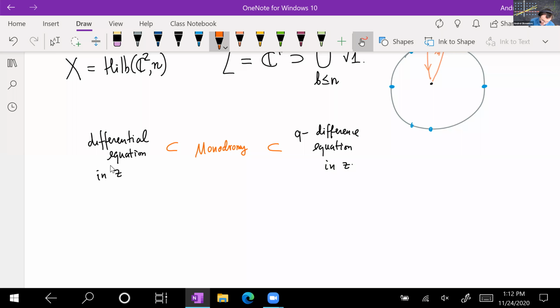Since it's the monodromy of the quantum differential equation in Z, it has no Z in here. If you think of a differential equation as a very degenerate thing from the difference equation, the monodromy is less degenerate. And then here this loop